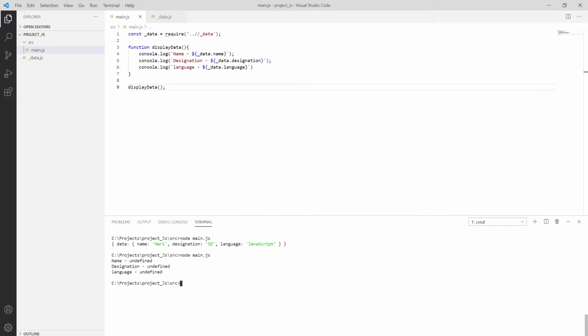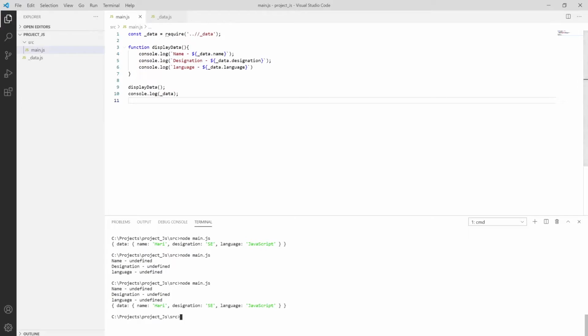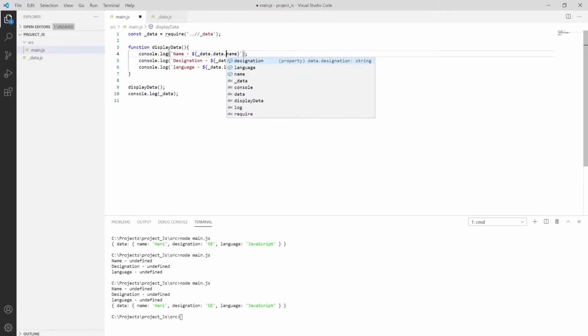As you can see it printed name as undefined. Why is it giving undefined? Let me put console.log of _data, save it and run this. Inside the folder we have data, so we already created this thing.